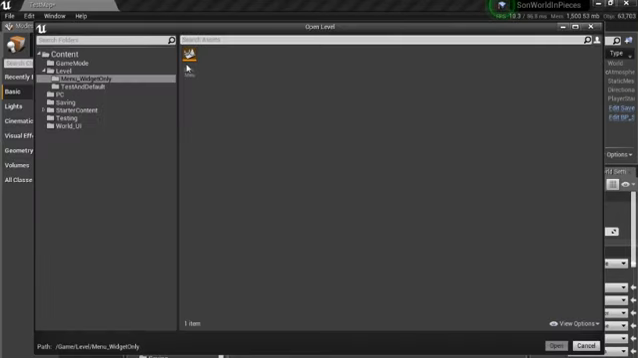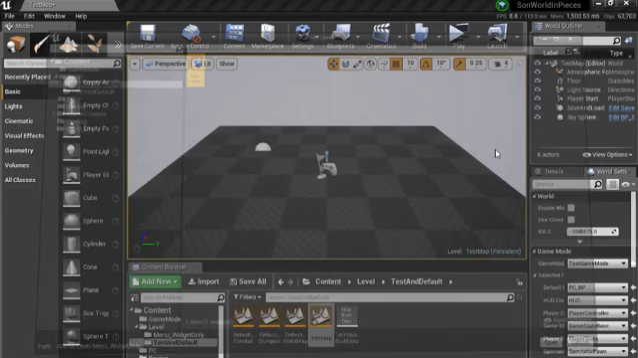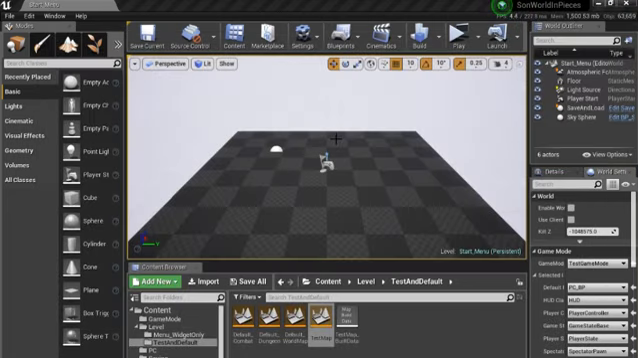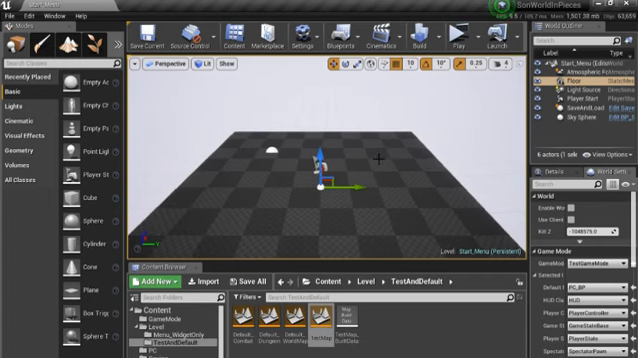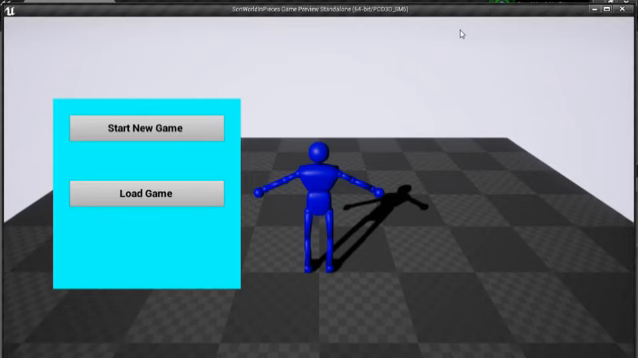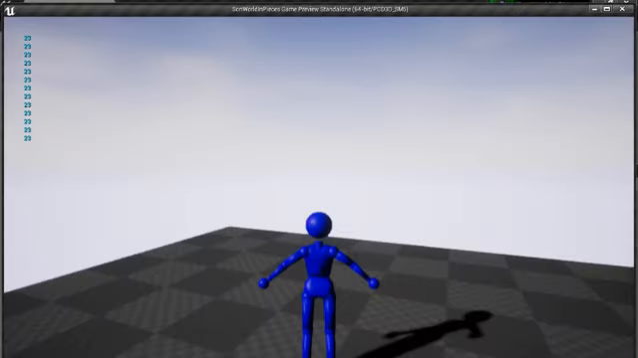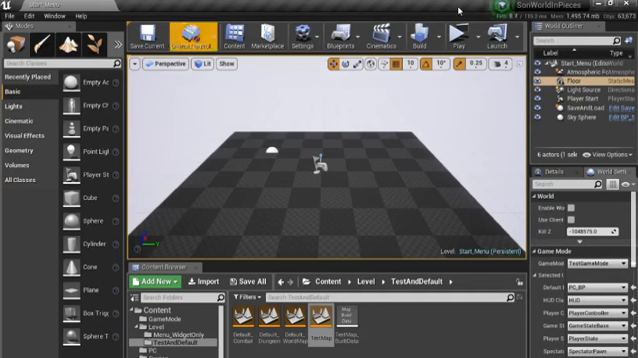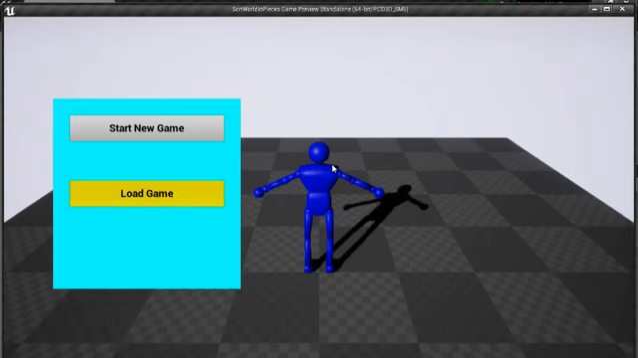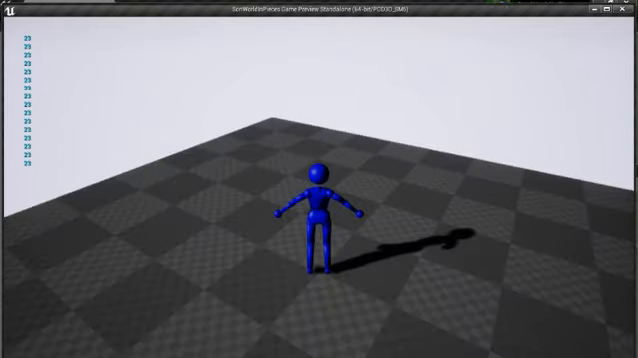Level start menu. Play, load game, save 1, and now we have the other character. That was one problem. Now the second problem is load game, save 2, and we have the same thing, so we still can't